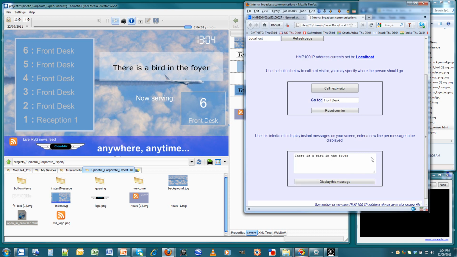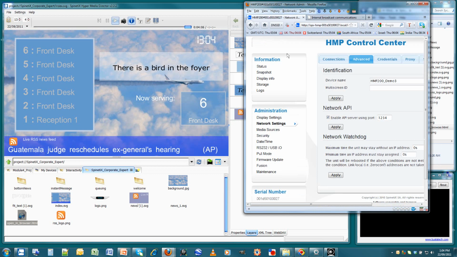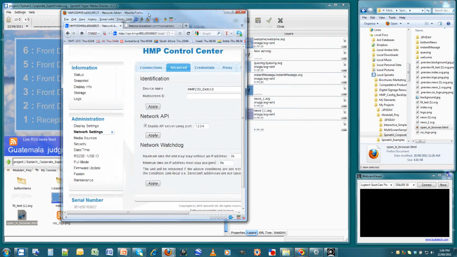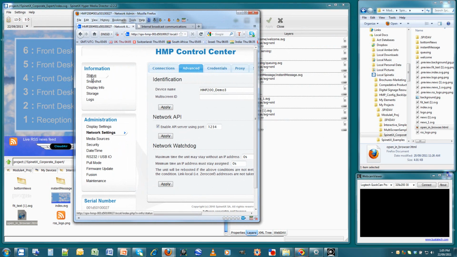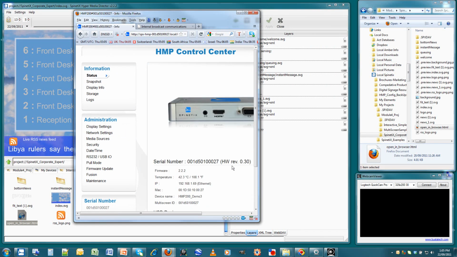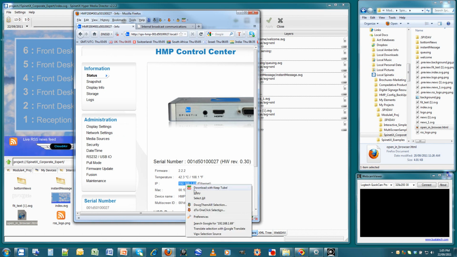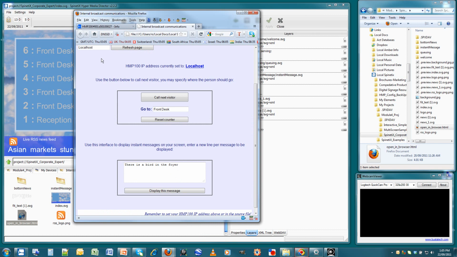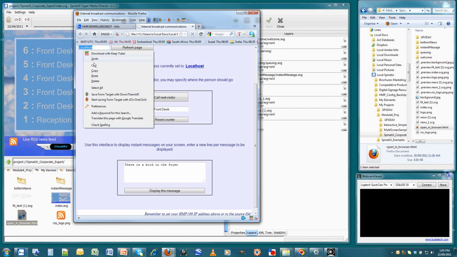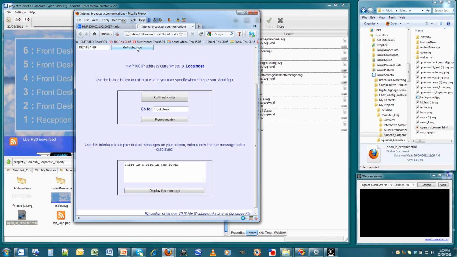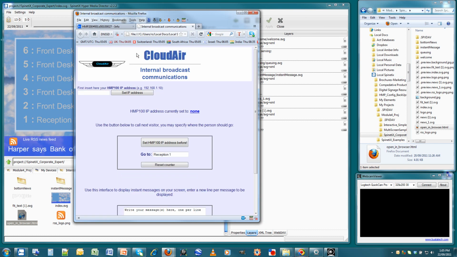The next thing we want to do is to put it onto the player. So if I go to my player and verify what the MAC address of my player is under my status, you'll see that the player's IP address is 192.168.1.9. So if I go here and copy this location, and once again paste that into this location, and refresh it,